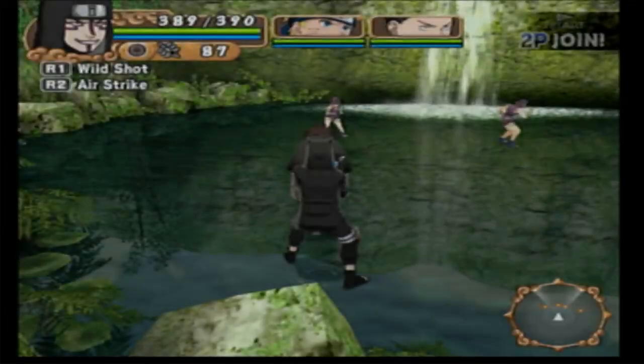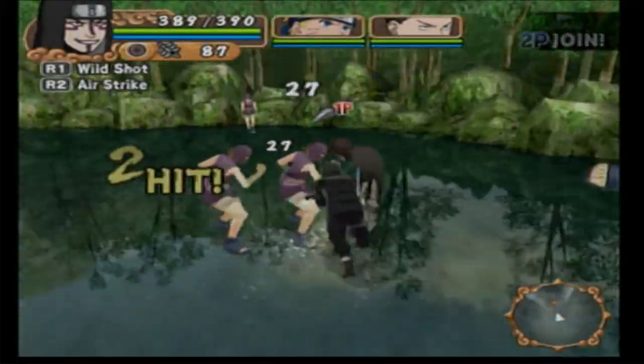Because I'm only doing the sections that you need to do. If I get attacked by random enemies, I'll switch to Shikamaru or Naruto, or Conqueror, or whatever I have. Unless I don't have